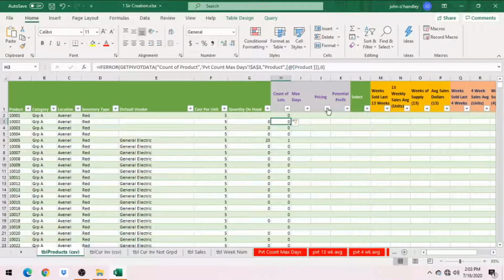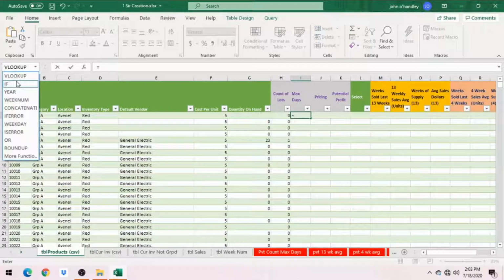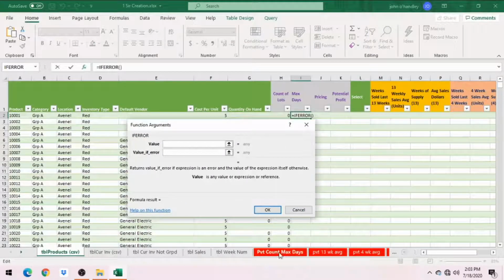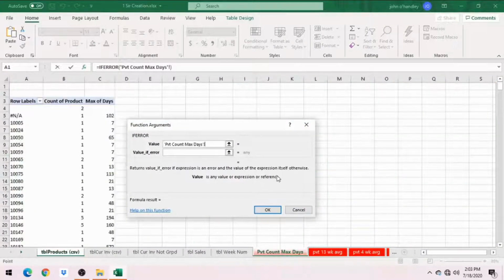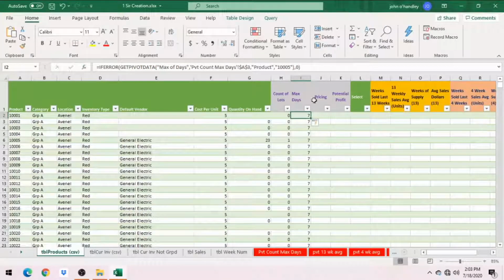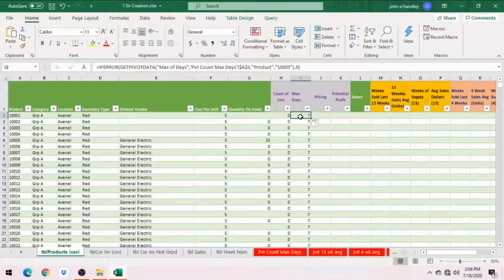So now let's do the max days, and we'll do it this way with IFERROR. So the first thing we'll use is IFERROR. IFERROR what? An Excel error. I'm going to go here now and get the max days. If it's an error, if you can't find it, put a 0. So we only have 7. We have no errors. So again, we have to